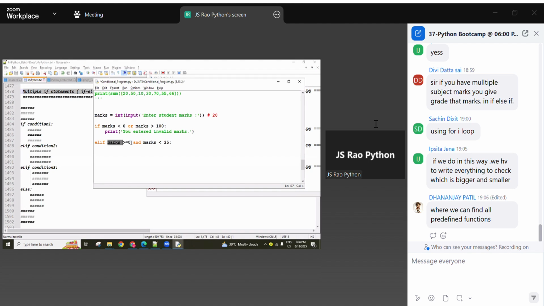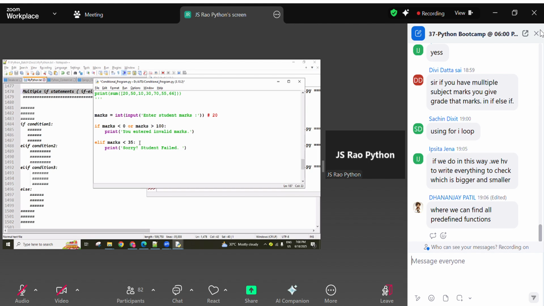Within this range, then fail, like that they're checking. So there is no need to check this condition, simply we can write this, which is better coding, optimization coding. If marks less than 35, then you can write here,